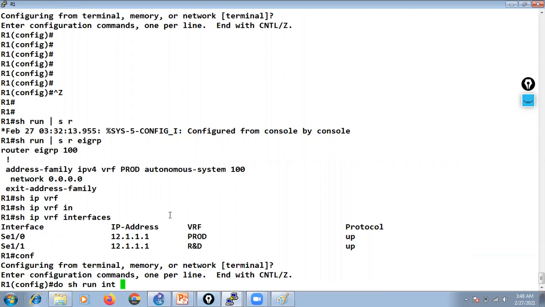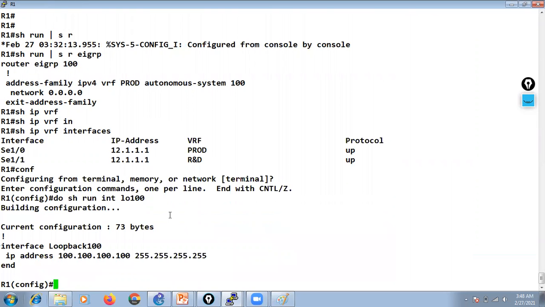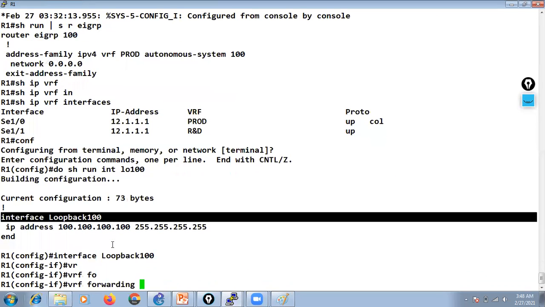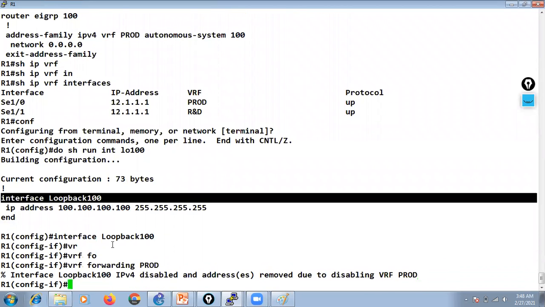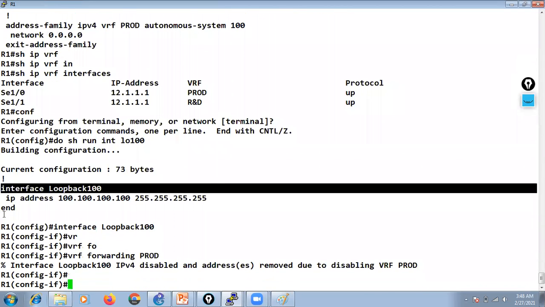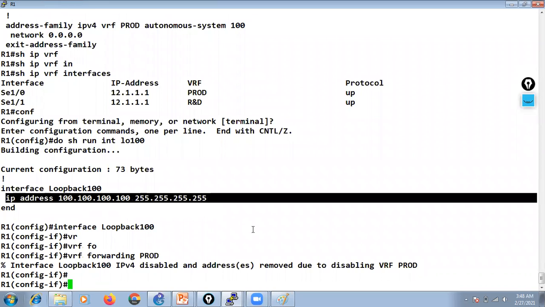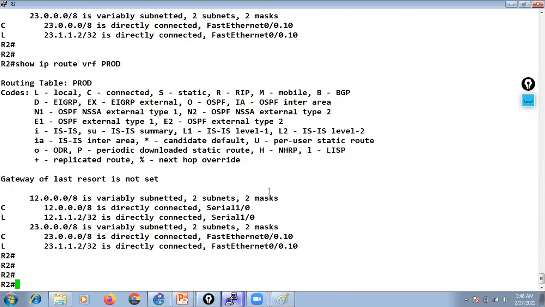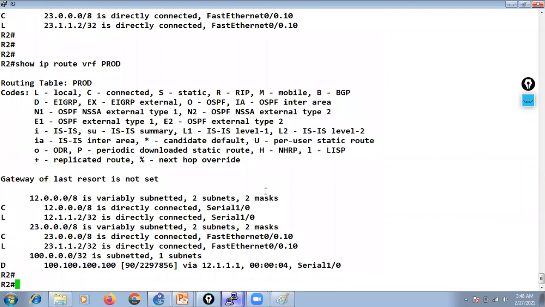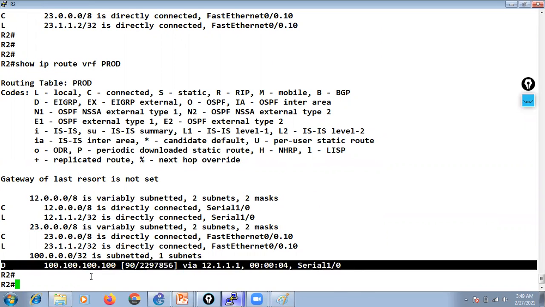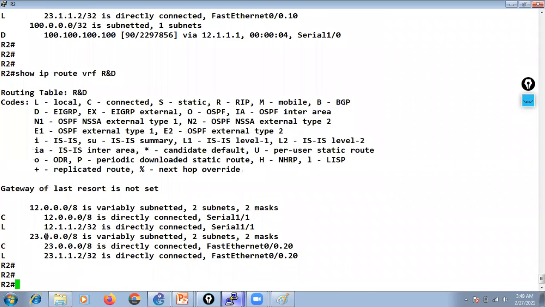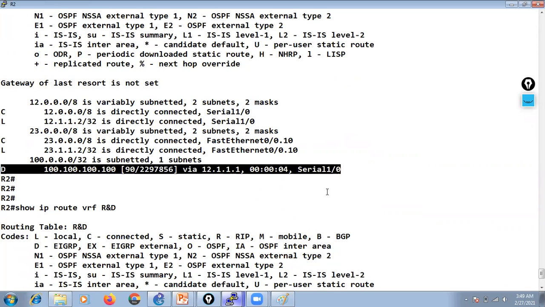So if I go to the interface loopback 100, what we will do is we will say VRF forwarding and the VRF name production. That's it. It will remove the IP address that we configured earlier. Now again let's configure the IP address, and now let's check at R2. Now you can see in the production VRF we can see this IP that is advertised into our production VRF. But if I check the same in R&D VRF, there is no 100 network